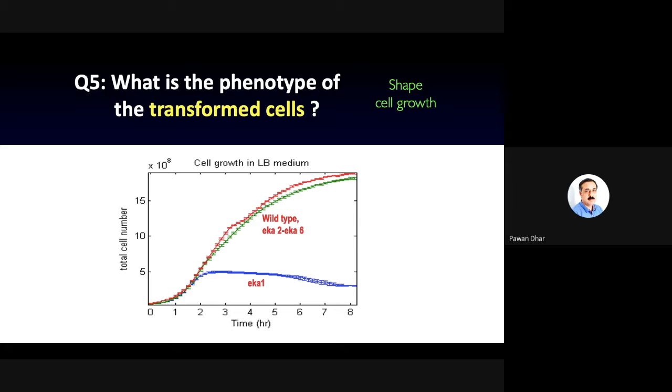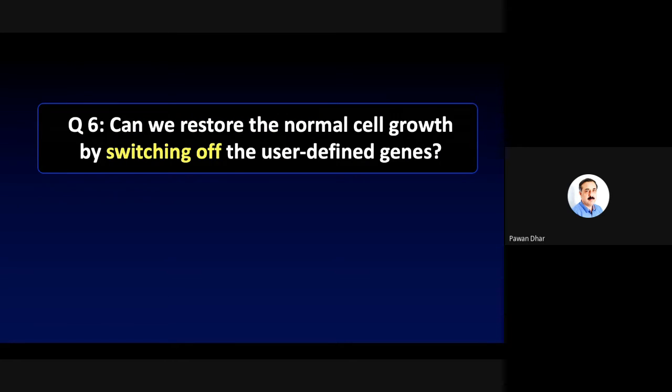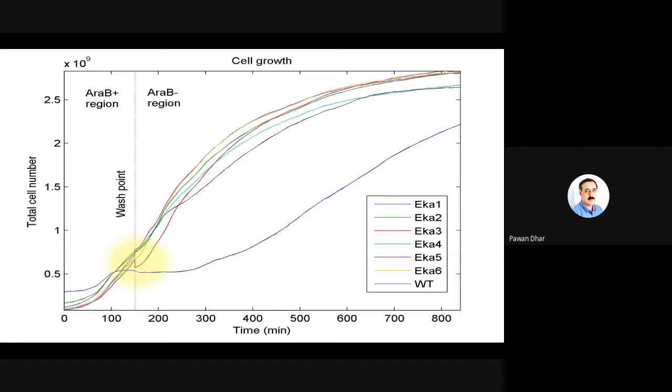And one of them, we found that when the gene is expressing, within 2 hours, the numbers are coming down. The cell numbers are coming down. So we said, if this is the true positive, and we did this many times, I think 5 to 6 times, then if you switch off the gene, the growth should get restored. And that's exactly what happened, as you can see on the graph. The yellow patch, that's where we stop the gene from functioning. And when you switch off the gene, the cell growth is going up again,